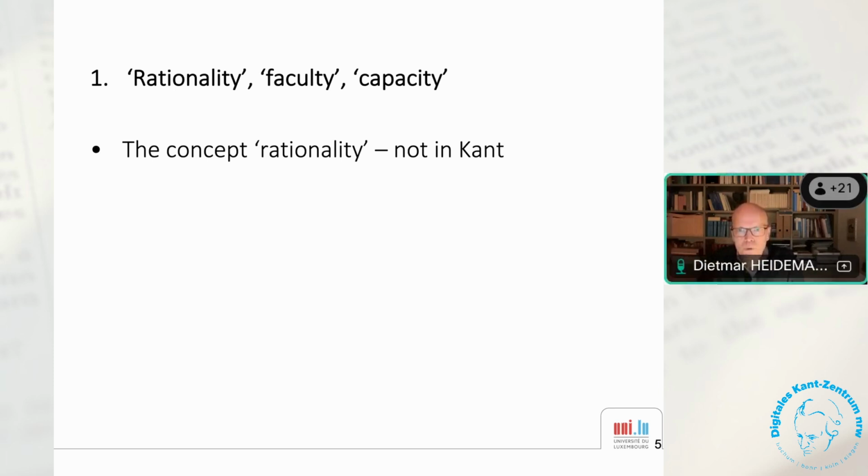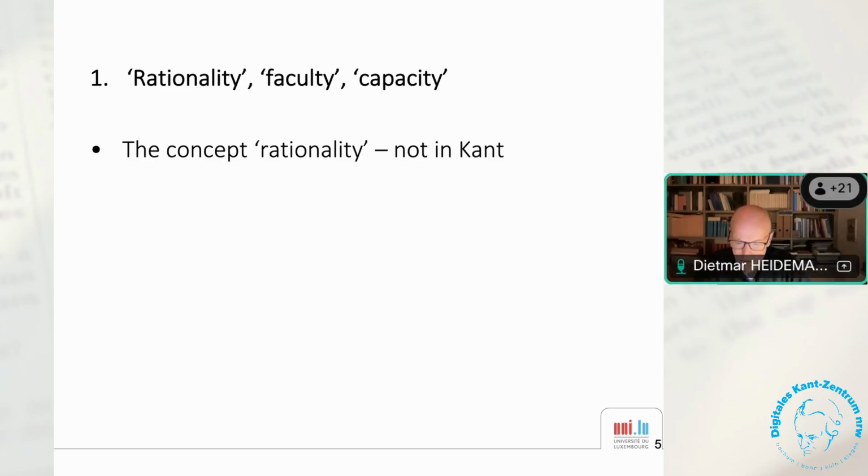A second important point is that if you open a dictionary and you look up what rationality is, Rationalität, you find: thinking or acting. And I think that's certainly not the case. Rationality is not thinking or acting, and also rationality is not reason. Reason is a capacity, a faculty, Kant would say. And rationality or rational is a property that maybe pertains to the mind, or maybe even to a faculty, but